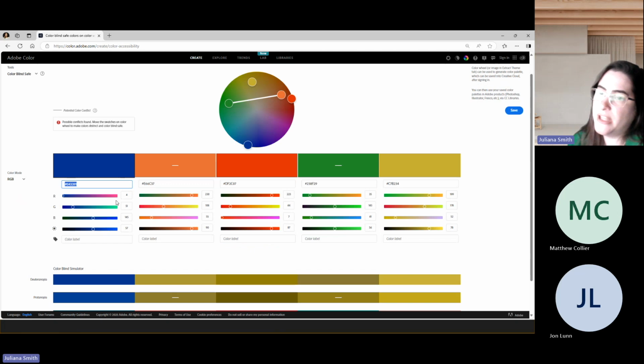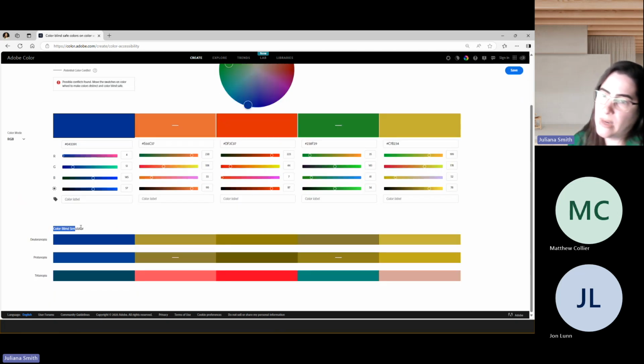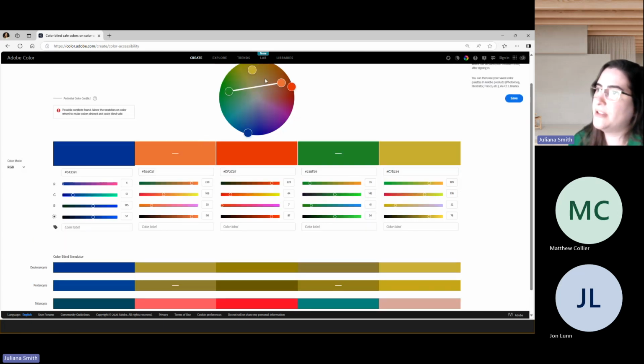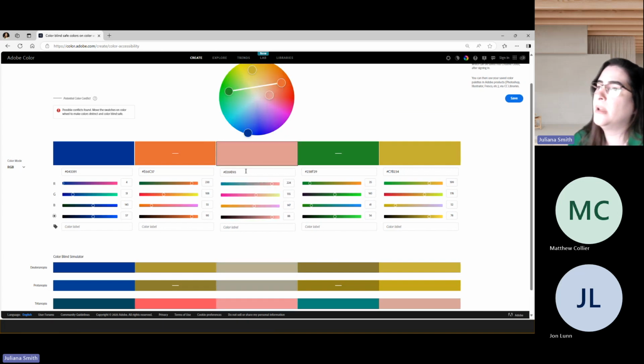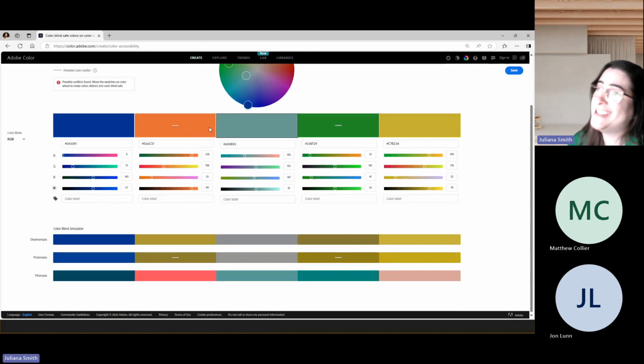Underneath, it will show you a colorblindness simulation. There are different ways you can change it. You can straight away change your color here on the color wheel, you can adjust on the bars, and you can also change your color mode, from RGB to HSB or LAB. And then by mix and matching, you can try to find, here are 5 colors, you can try to find